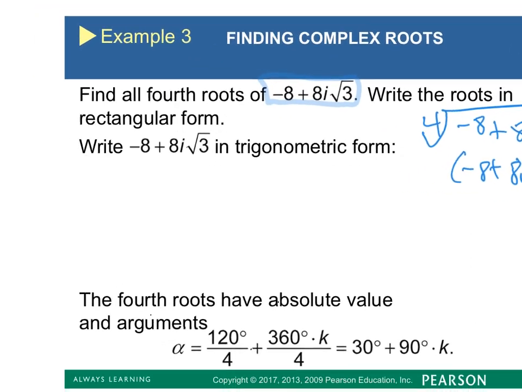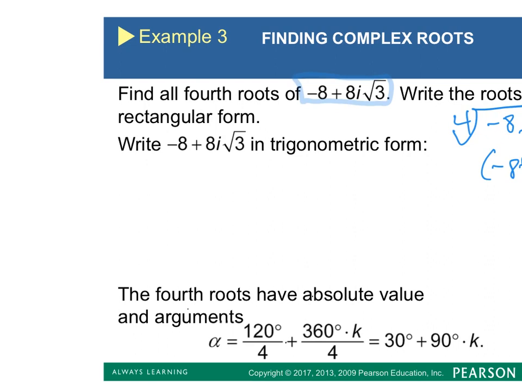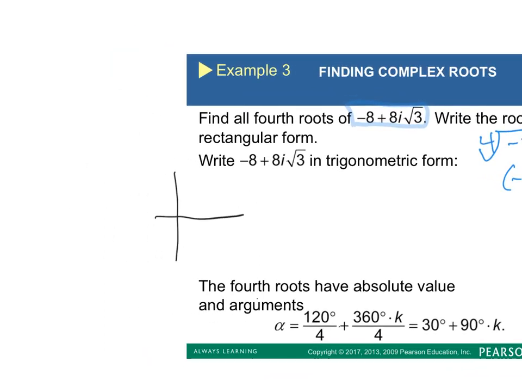Anyway, first thing we do is write this in trigonometric form. So this starts out as negative 8 on the real number part. Then I've got to go up 8 square roots of 3. 8 square roots of 3 up is almost a 16. It's really high. So let me just draw my complex number